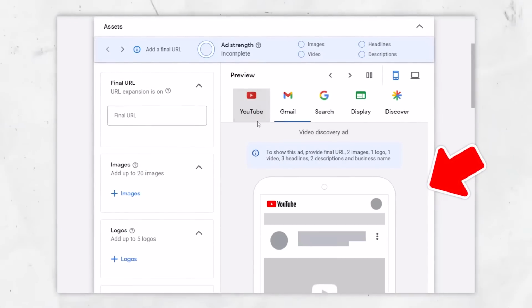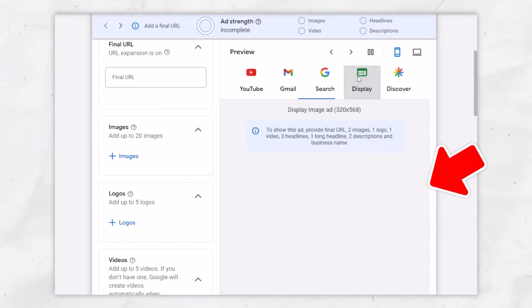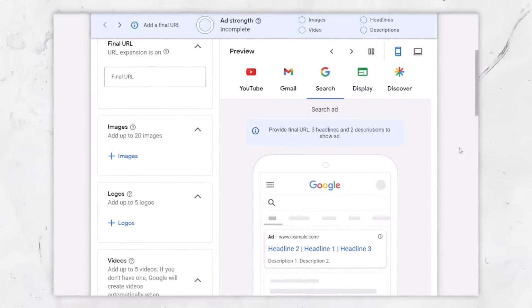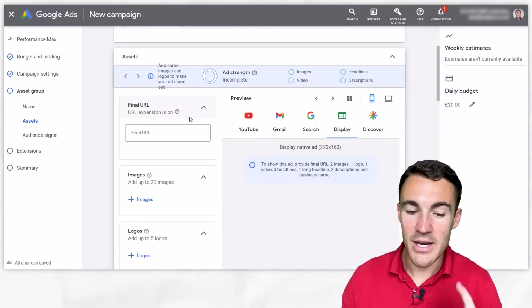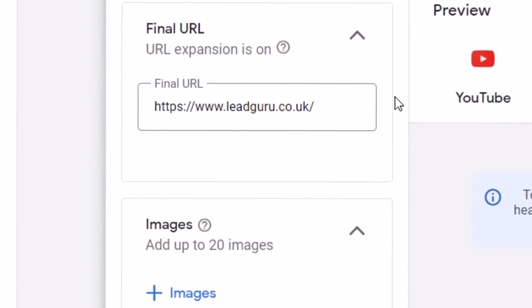So we can see, for example, what's our ad going to look like in YouTube? What's it going to look like in Gmail? What's it going to look like in search and display and all that sort of stuff, okay? So the first thing to do is add in our final URL. So I'm just going to pop in my website to make sure we don't have errors as we go through